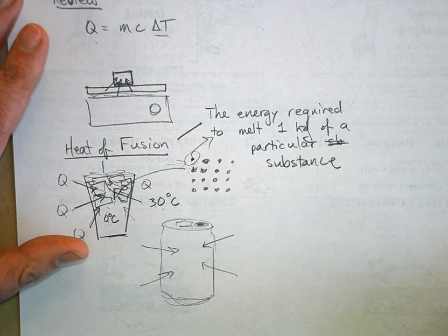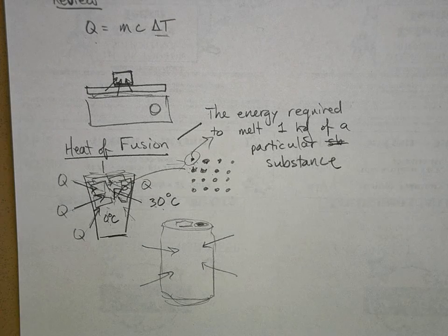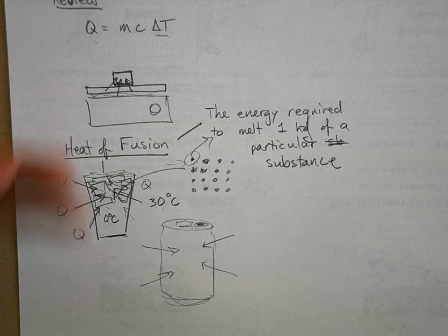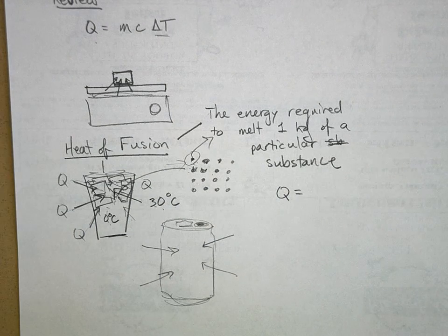Okay? So it's really a measure of energy. It's a measure of heat energy you have to add to melt a substance. So Q. Now what is the heat of fusion